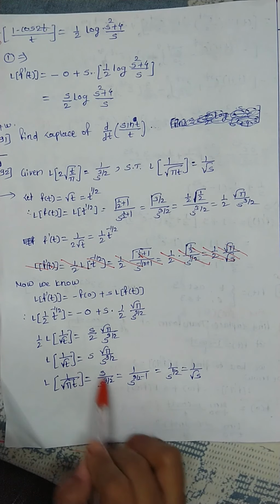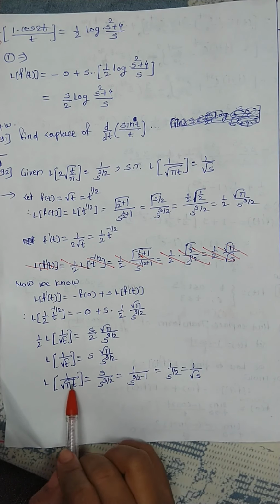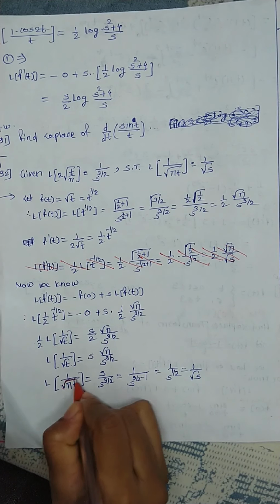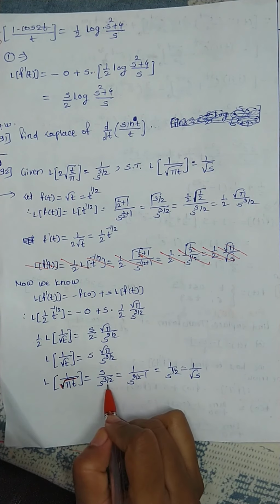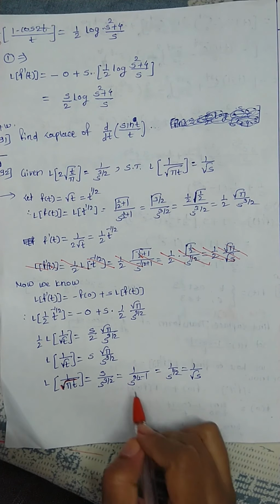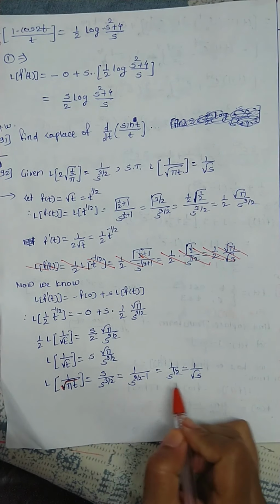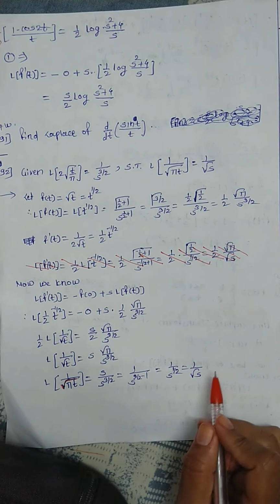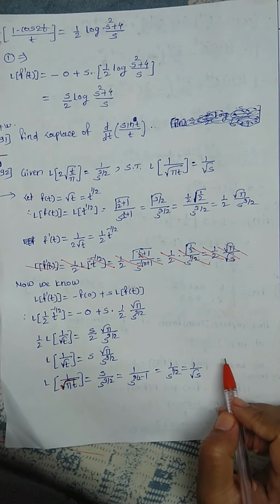Now take this s in the denominator and root pi here. We get the Laplace transform of 1 upon root pi t, combined together, is equal to s upon s raised to 3 by 2. Take s in the denominator because we want such an answer. S raised to 3 by 2 minus 1, 3 by 2 minus 1 is half. Half is root s. Okay, this is the required answer for our question.